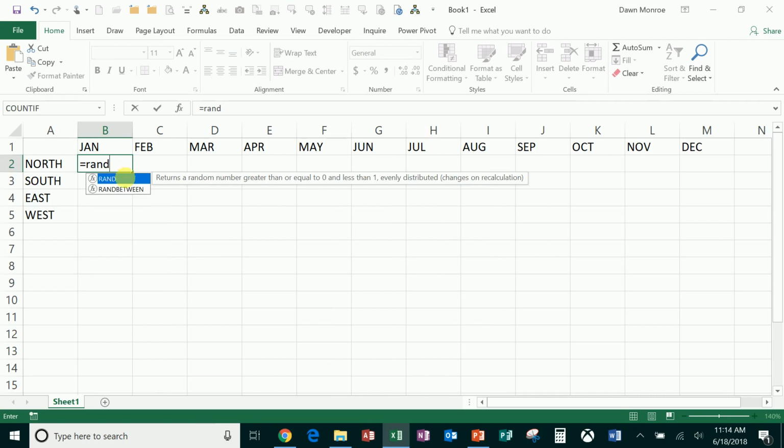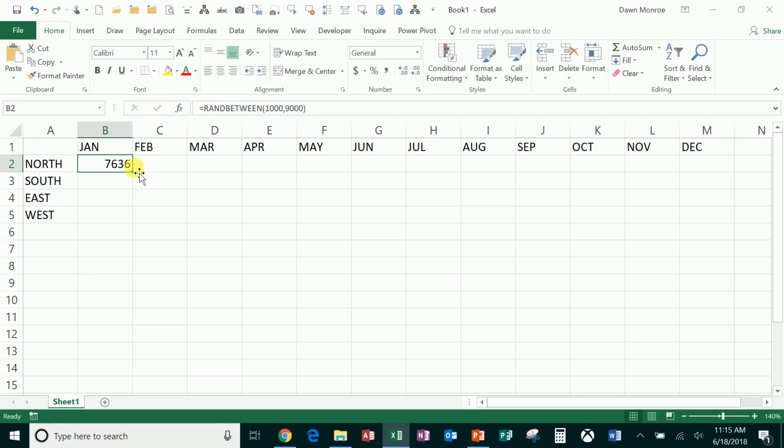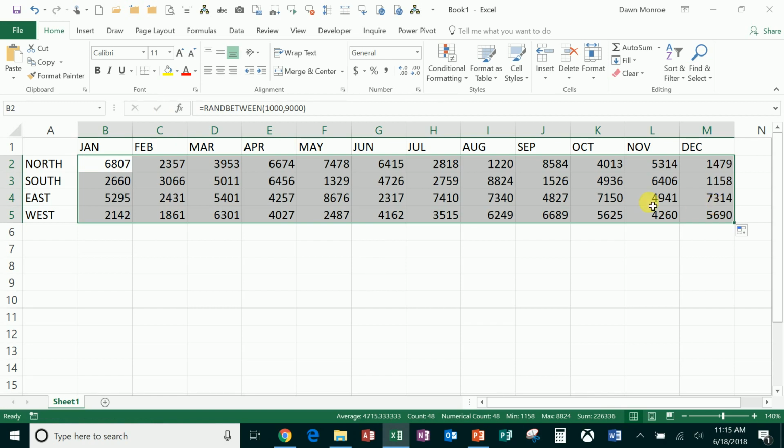And I start typing. You can generate a random number with RAND, R-A-N-D. I'm going to use RANDBETWEEN because that's going to give me a range. So I say the bottom range, let's say 1,000, and the top of the range, let's say 9,000. And that's all I do. I can enter that into the cell, and then I'm going to fill that to these other cells. And you're seeing I'm getting random numbers between that